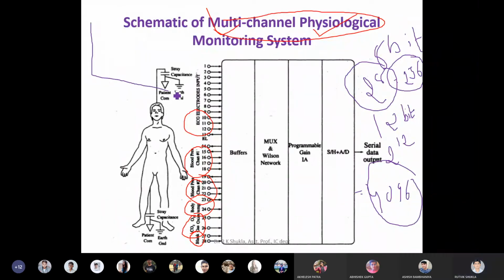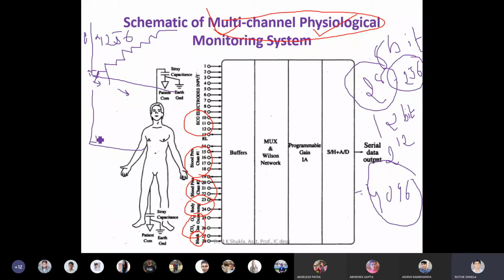So if you see the relationship, suppose with the help of 8-bit, the relationship is like this. What does this step show? The step shows that whenever the input changes by this much level, your output will change from one level to another. If this is input, this is output. So whenever input changes by this much, only then your output will change a level. So here you have a total of 256 levels.